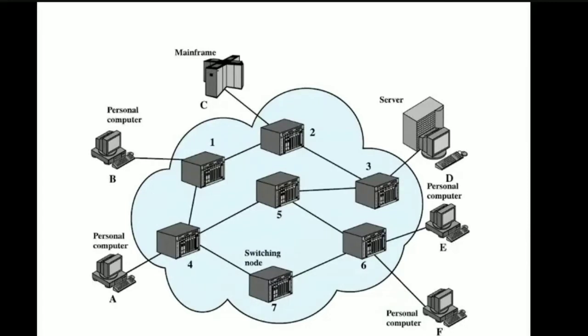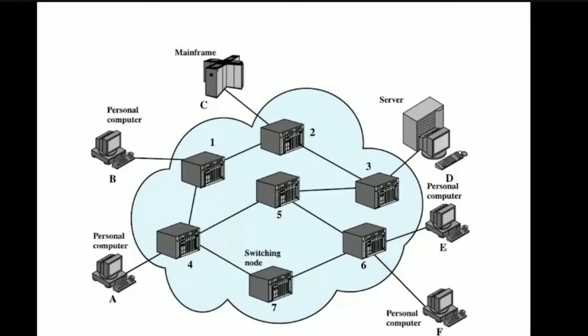But when the circuit is being disconnected, the signals must be propagated to node 4, 5 and node 6 to deallocate the dedicated resources. Why are we calling it a dedicated resource? When we are establishing a circuit, we have established the connection between A to 4, 4 to 5, 5 to 6 and 6 to E. So there are some resources which are allocated for this circuit. So while disconnecting the circuit, all these dedicated resources must also be deallocated, isn't it?